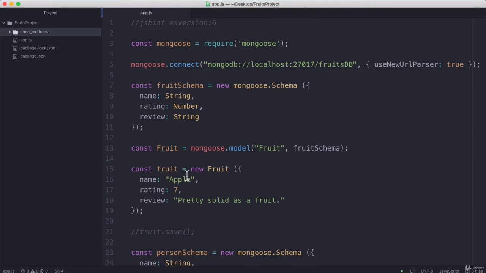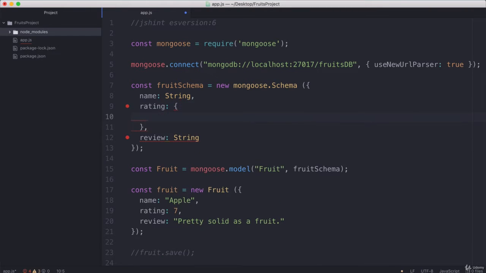If you scroll to the top where we created our fruit schema, one of the things that you can do is, instead of having the value of each of these key value pairs being simply just the data type, because this is the only thing that is strictly required when you're creating the schema, instead, you can actually add in some validation. So let's go ahead and delete that data type. And instead, I'm going to open up a set of curly braces. Now, inside the curly braces, I can add back that type, which is going to be number, but I can